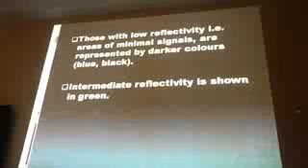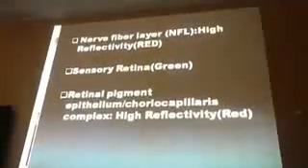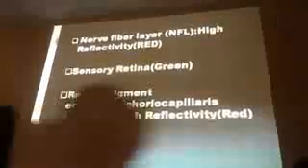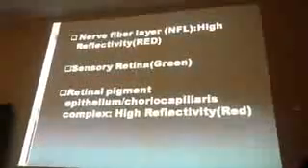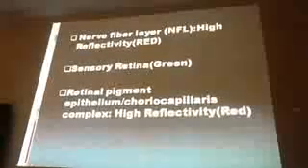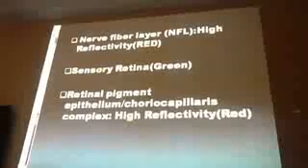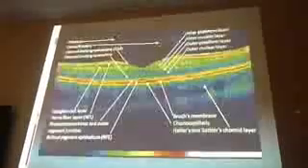Intermediate reflectivity is shown in green. Now, the nerve fiber layer, as we saw, is red, a highly reflective area. The sensory retina is green, intermediate reflectivity. The retinal pigment epithelium choriocapillaris complex is highly reflective, so it's shown in red.